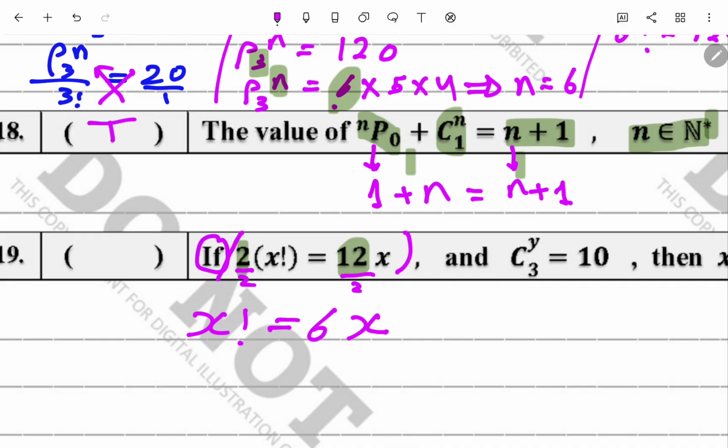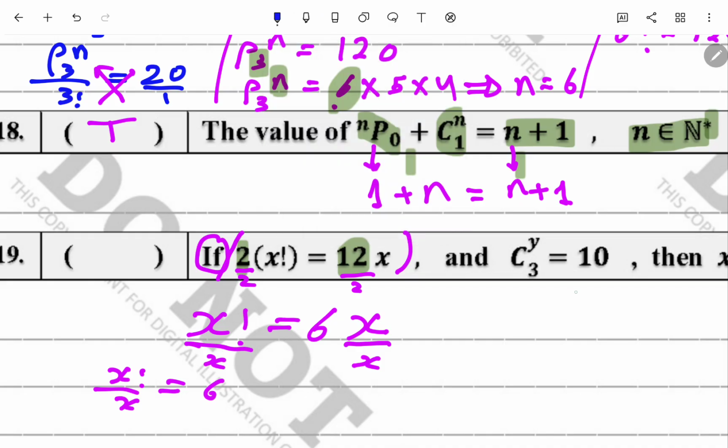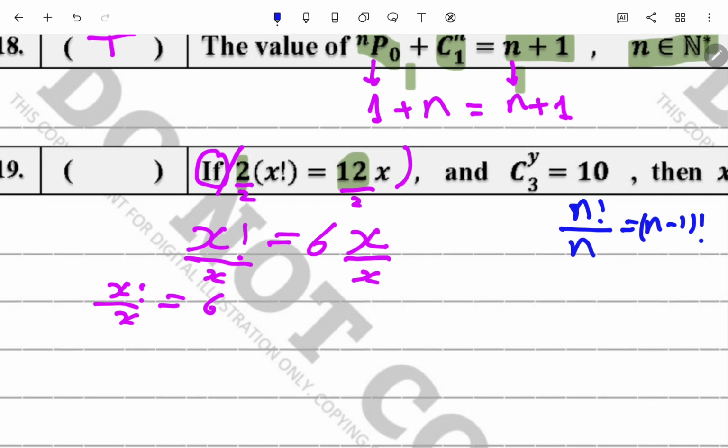Or you can divide both sides by x, so x factorial divided by x gives you 6. You have a rule before, you can use it: n factorial divided by n gives you n minus 1 factorial. So you can use it, or you can expand. So here you have x minus 1 factorial